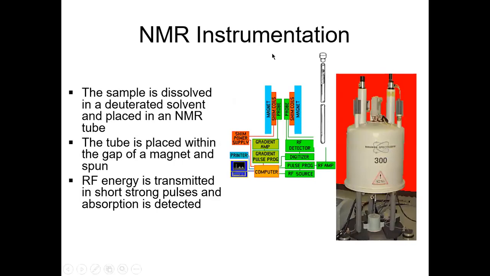So you've seen this before, if you've been down in the NMR lab in room 101, right? It's basically just a giant superconducting magnet. And the way you run your sample, you dissolve it in a deuterated solvent, like deuterated chloroform or deuterated acetone or water. And then that goes into the NMR tube, which is pictured right here. And you sit that in a spinner, sit it down in the magnet, and drop it down into the instrument. The key to the instrument